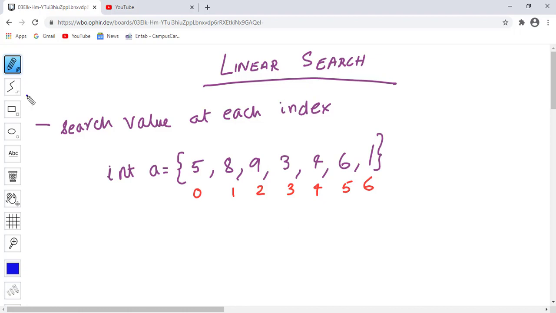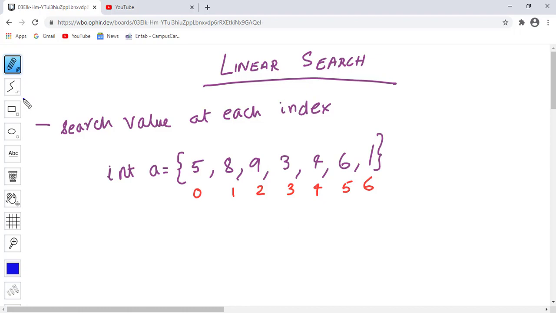So what will you do? You will have to look at each and every name one by one, because the name can be present at any location, isn't it? So that is the meaning of linear search.